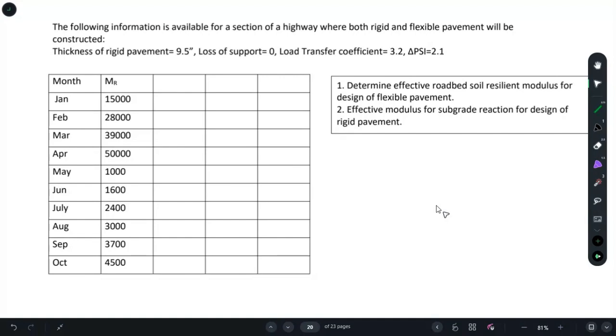However, the first thing in finding MR is to find out the relative damage. There is a formula for that. We call that u_f, and it is totally dependent on the MR value. There are separate formulas for relative damage: one is for flexible pavement, another one is for rigid pavement. For flexible pavement, the formula for u_f is